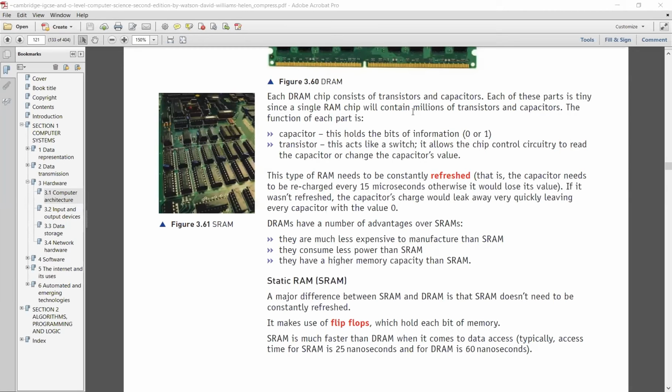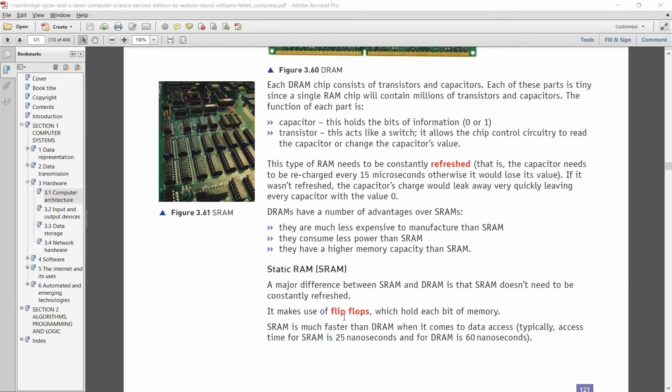I'm very quickly recapping because we have to revise a lot of chapters. Quick recap is only done here. So just remember, DRAM is using capacitors and transistors. DRAM is less expensive. It is consuming lesser power. It has a higher memory capacity. On the contrary, SRAM uses flip-flop. It's faster than DRAM,